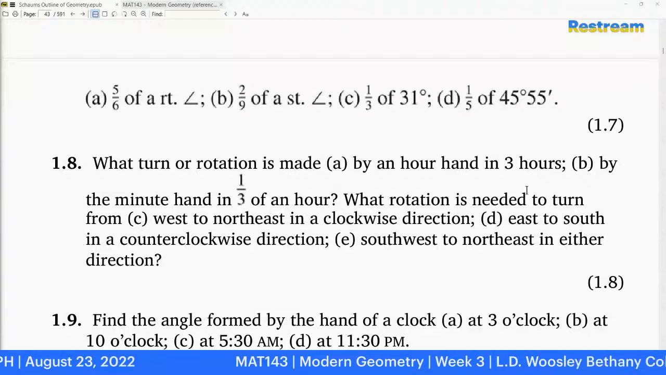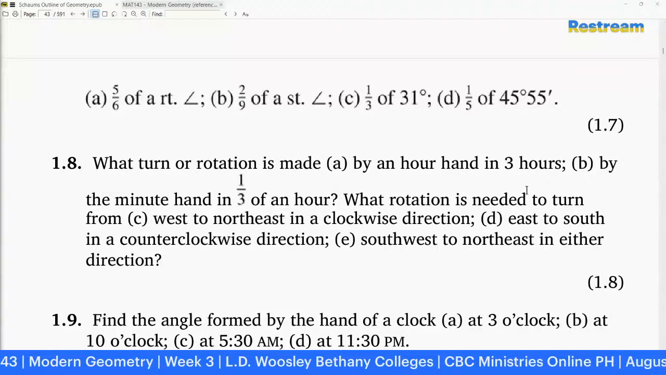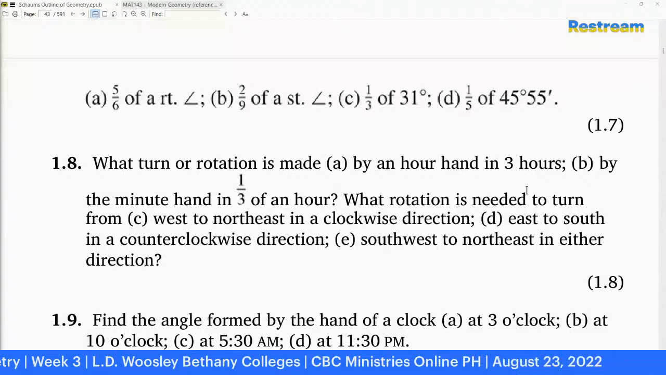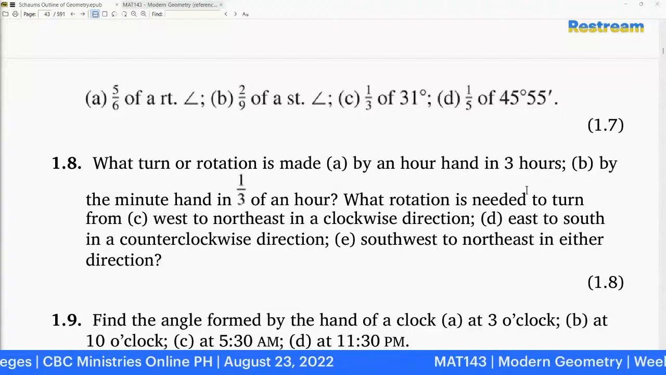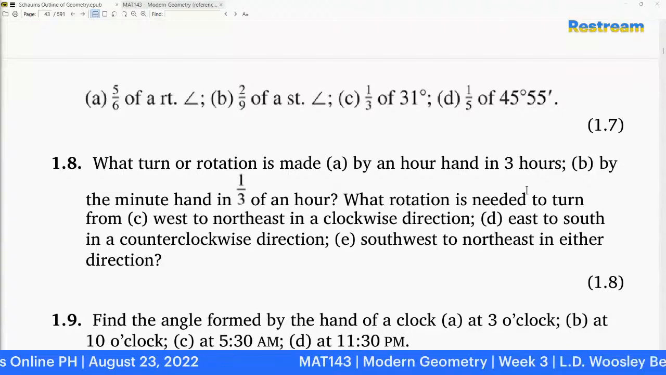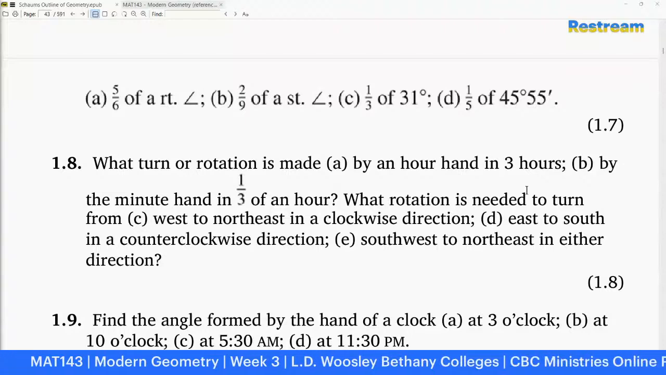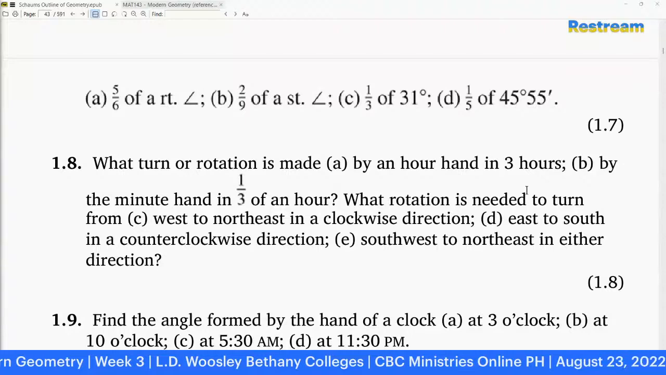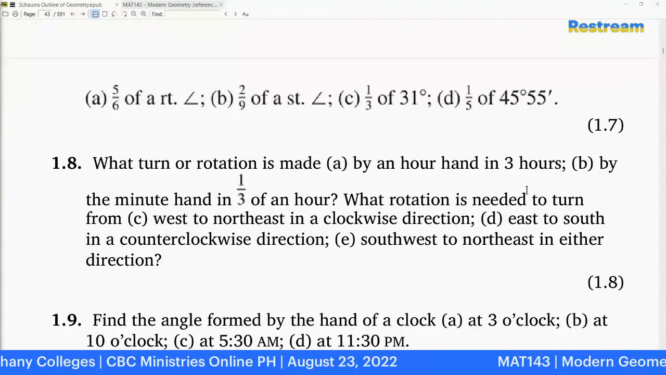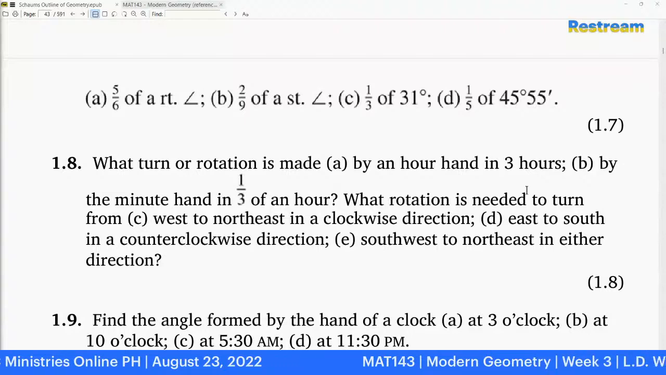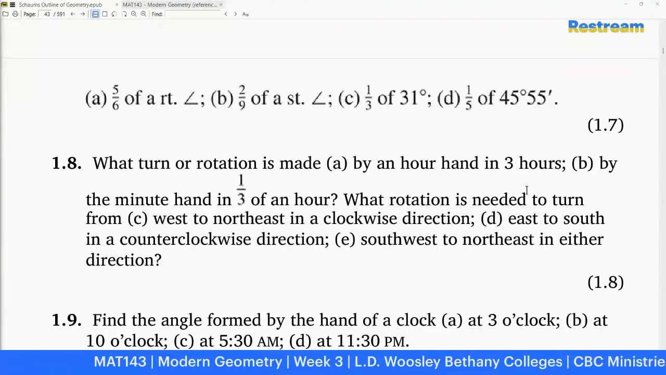Kaya tatandaan nyo, kada hour, it's 30 degrees increment as far as the minute hand is concerned. No? Pero pag every hour, ilang degrees yung tinatakbo nung hour hand sa isang oras? Kada isang oras yung hour hand 30 degrees and 30 degrees. May increment yun, no? So mula alas 12 and then alauna 30 degrees. And then alas 2 another 30 degrees and then alas 3 90 degrees. Tama. And then yung minute hand naman,